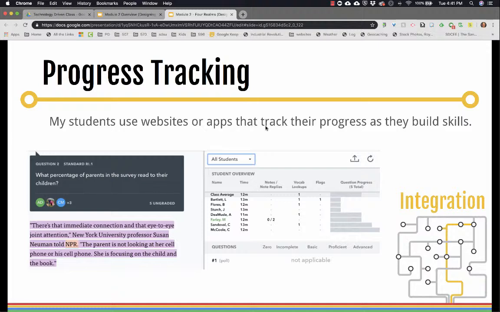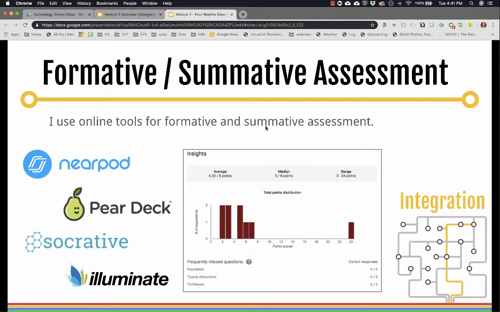So using tools that allow you to keep track of what's going on with kids. Some of those apps I just described provide opportunities for you to do that. And of course, there's formative and summative assessment. So using tools to check for understanding, to help inform your instructional practices, and then also to give those big